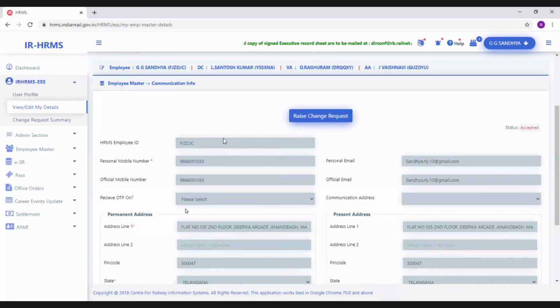Initially, this change goes to the dealing clerk with a highlighted mark that the requested changes will go to the dealing clerk in a highlighted form. He will notice, and after ensuring that the proofs are submitted correctly, he forwards the same to the verification authority, and the cycle goes up to the acceptance authority.